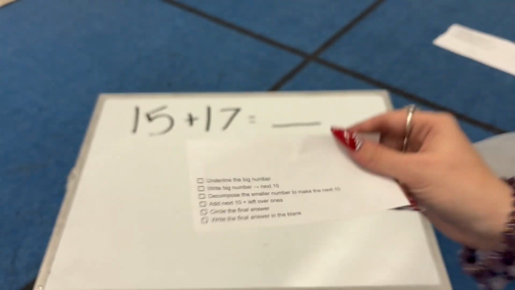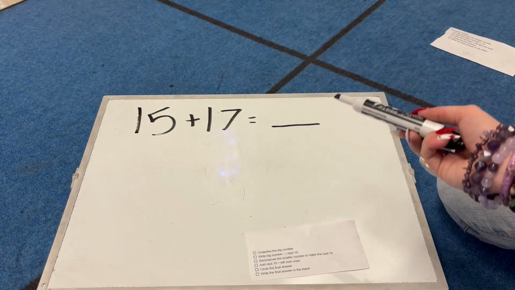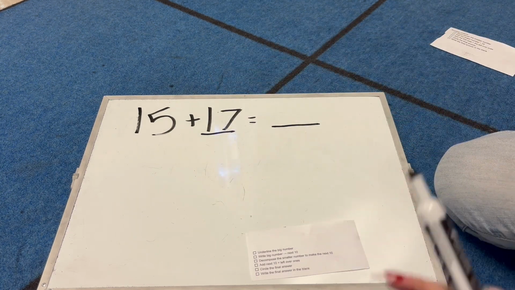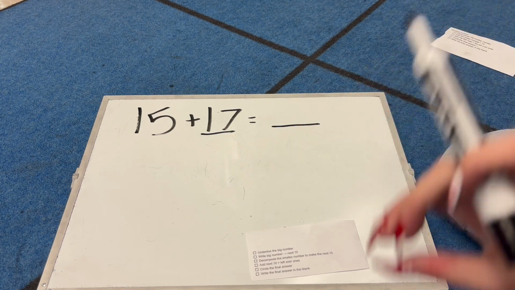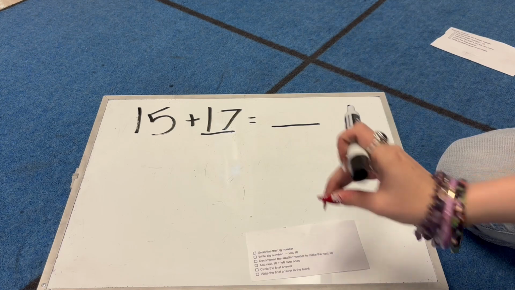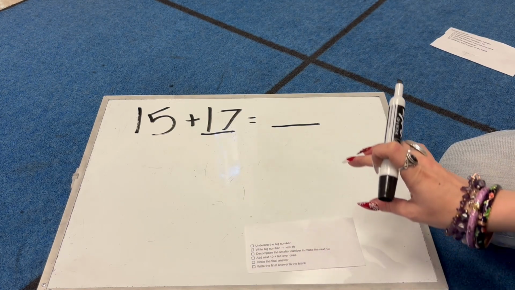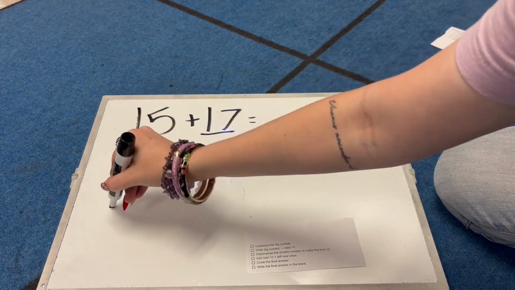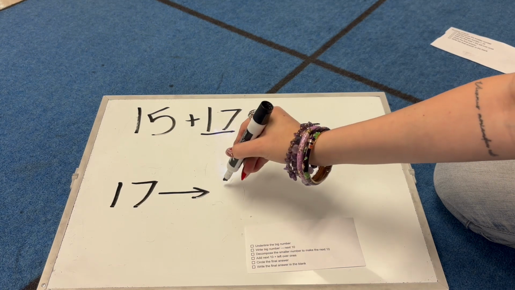So let's do it. My first step is to underline the big number, which in this equation is 17. I do this because it is normally easier for you to start with the big number, and underlining it brings your attention to that. The next step tells me to write the big number with an arrow to the next 10. So I would write 17, arrow, and